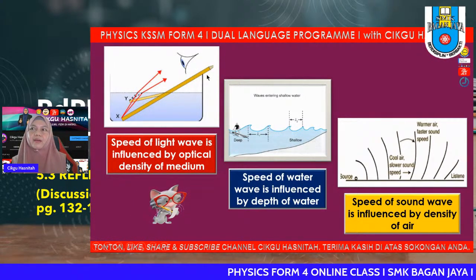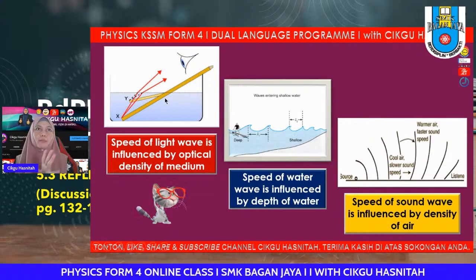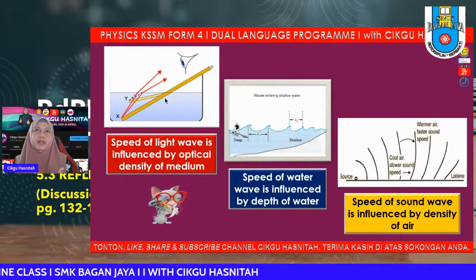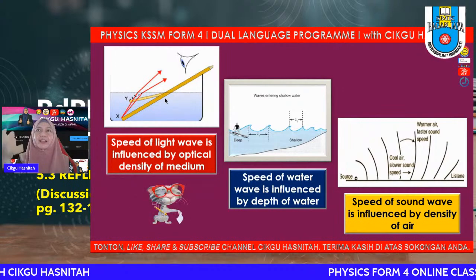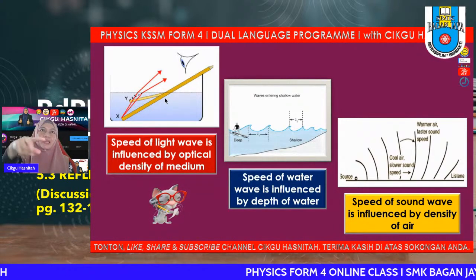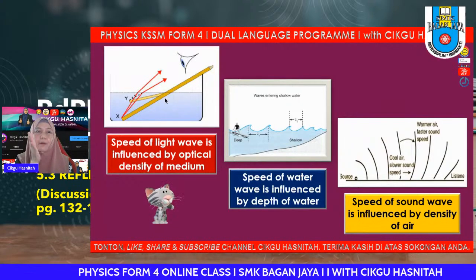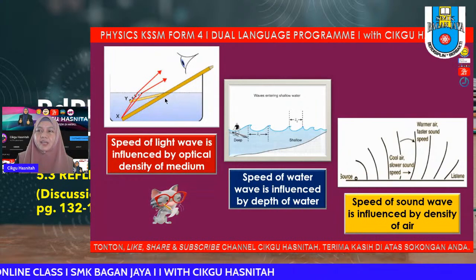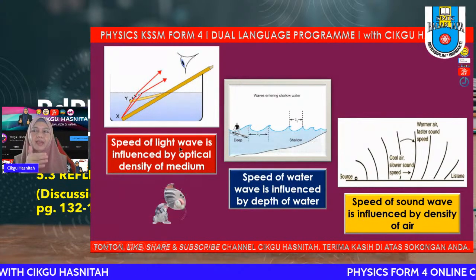So here, you can see that the pencil appears to be bent. Okay, this is a normal example of a situation involving refraction of light. You can see when we place a pencil in water, you can do it later. Take a cup of water and put your pencil inside. You can see that the pencil will appear to be bent. That is actually due to changes in speed of light as it passes from air